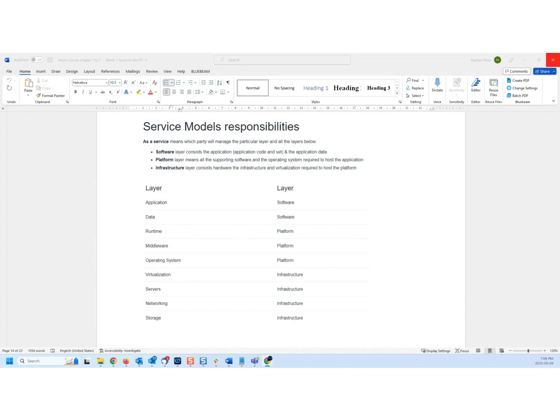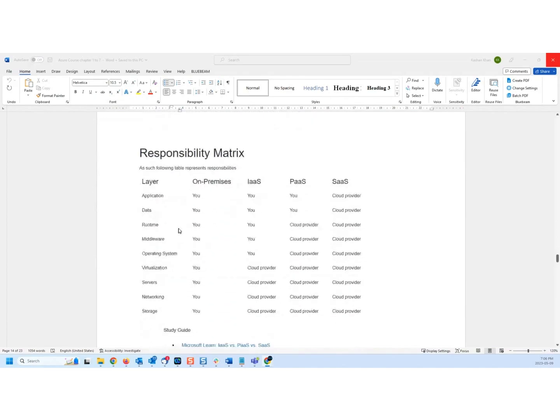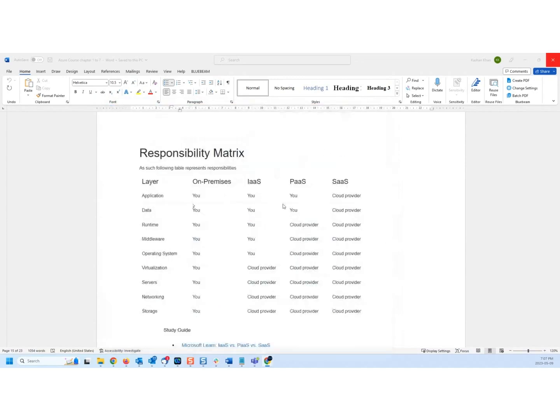Coming back to this topic of layering, which I was mentioning about SaaS, PaaS, and IaaS, this is basically what we have understood. We have seen this kind of infrastructure in our diagram as well. You manage that. Green means the provider manages it, whether AWS or Azure will manage these. Same thing, you or the cloud provider will manage it. So the diagram is different, the ideology